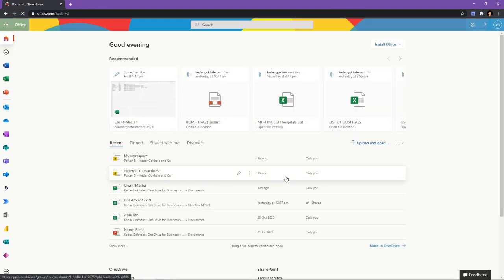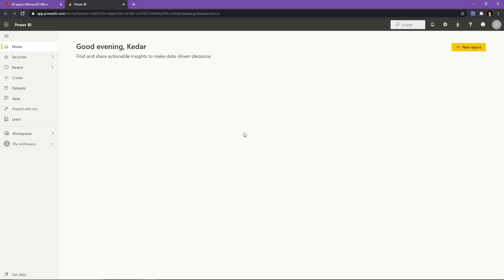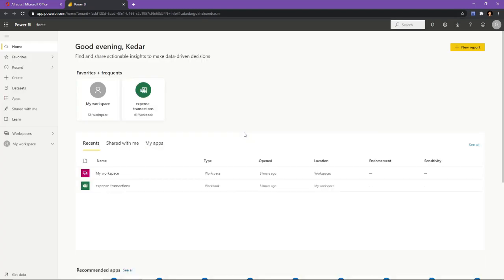So here you can view the Power BI reports. I'll click all apps and go to Power BI. This is the Power BI web version, and it is view only. It can only view reports which are published from your Power BI Desktop.